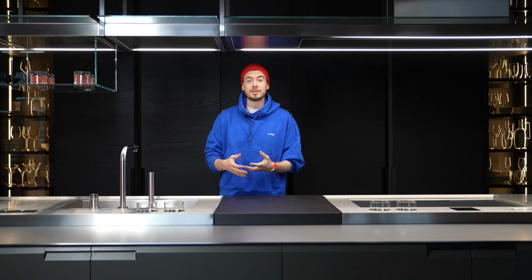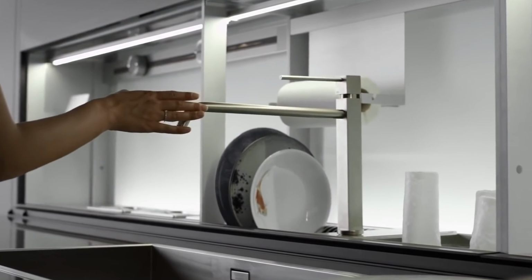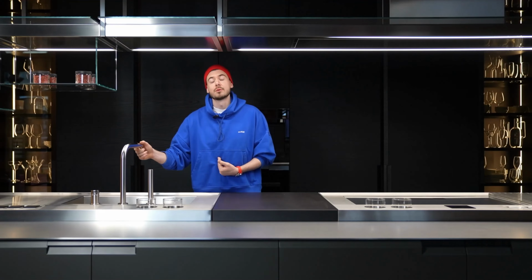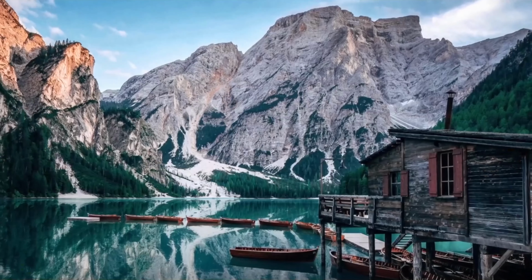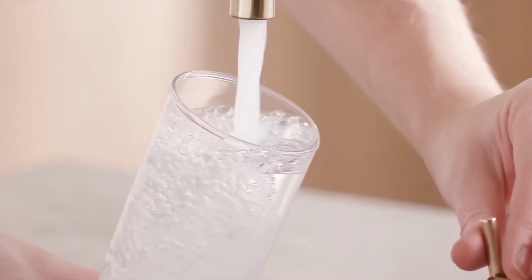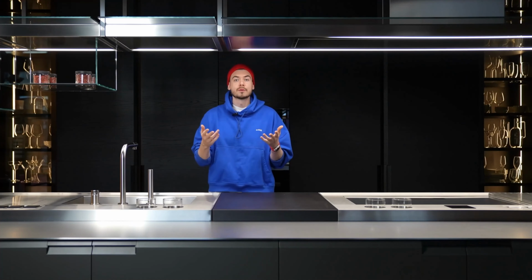Maximum inconvenience. The problem is that almost all Italian manufacturers do not make an additional tap for filtered water. So we have a faucet like this, it's beautiful, just gorgeous, but you can't connect filtered water to it. The thing is that in Italy, the water from the tap is drinking water, and they don't need additional purification to drink it. So we end up having, in fact, only 2 faucets where you can connect water filtration